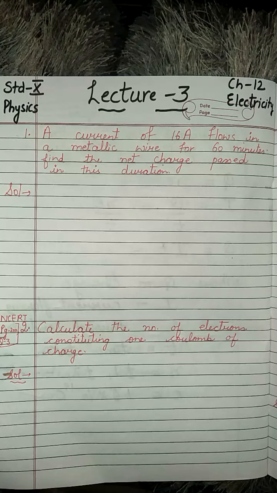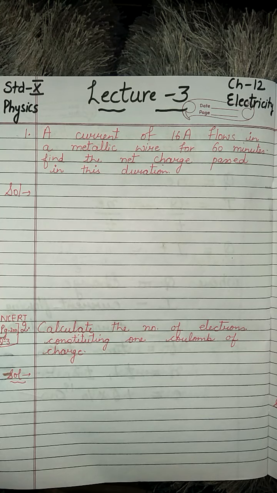Rule number 4 is to check your unit system. The unit system should be the same. If you are calculating in the SI system, then all the units should be in the SI system. If you are calculating in the CGS system, then all the units will be in the CGS system. Rule number 5 is to go with the calculation and write down the units.